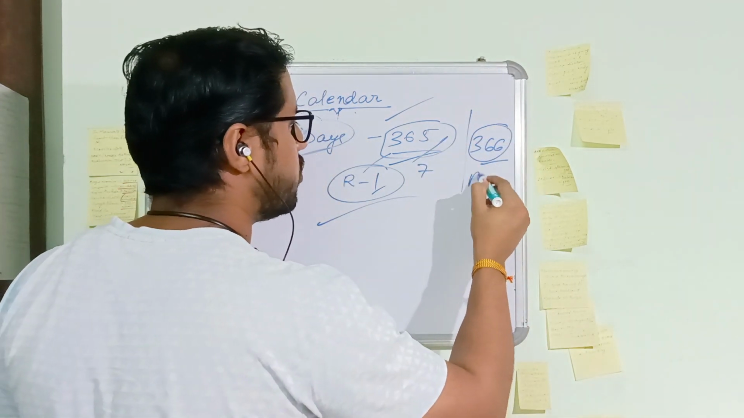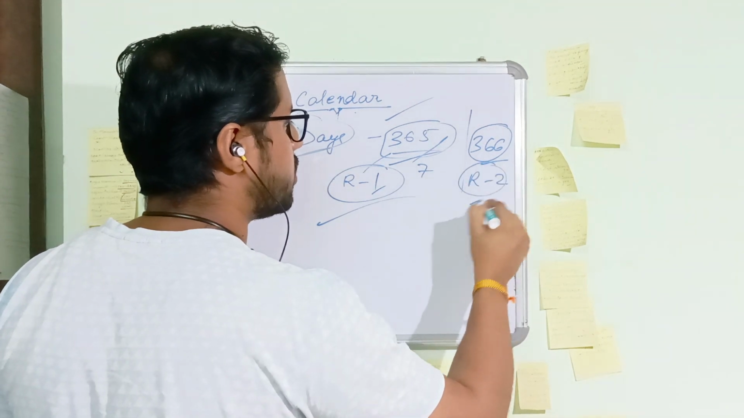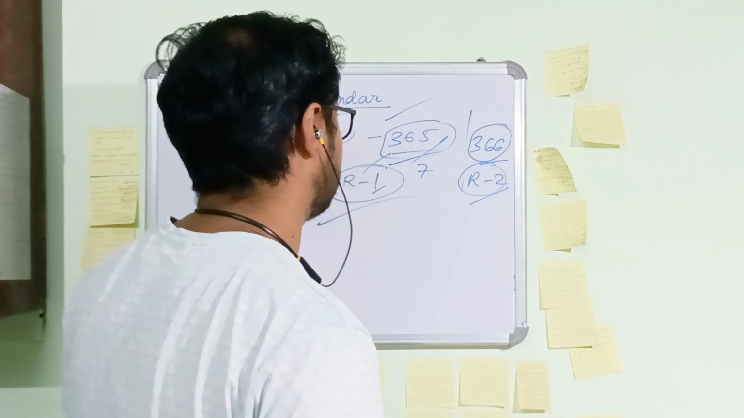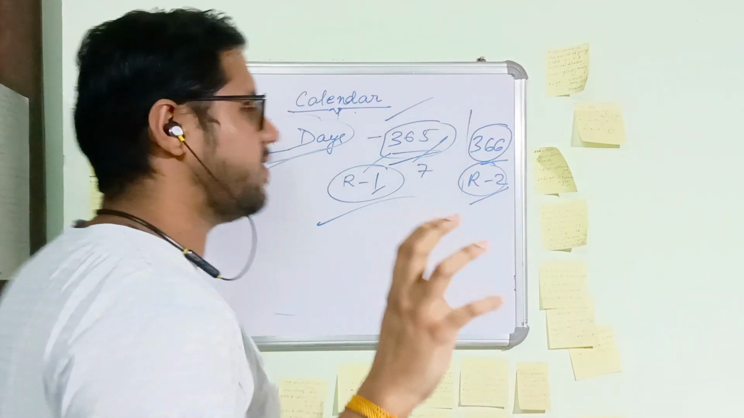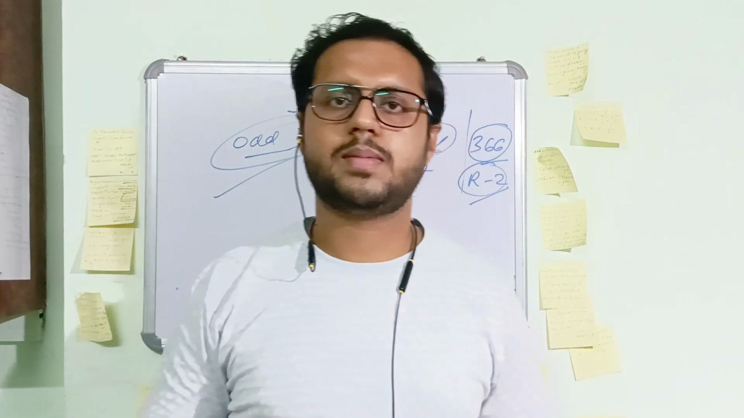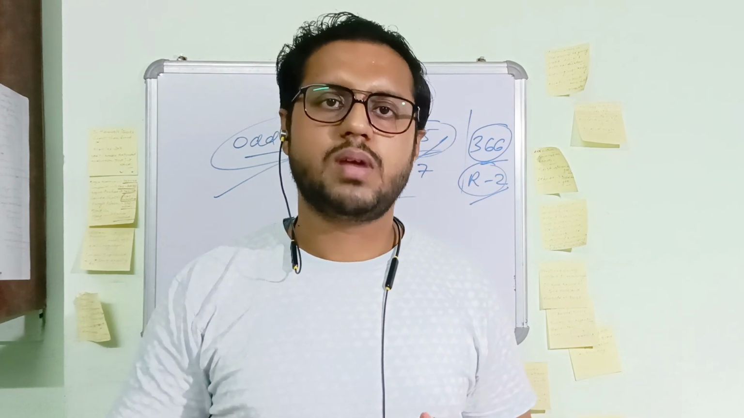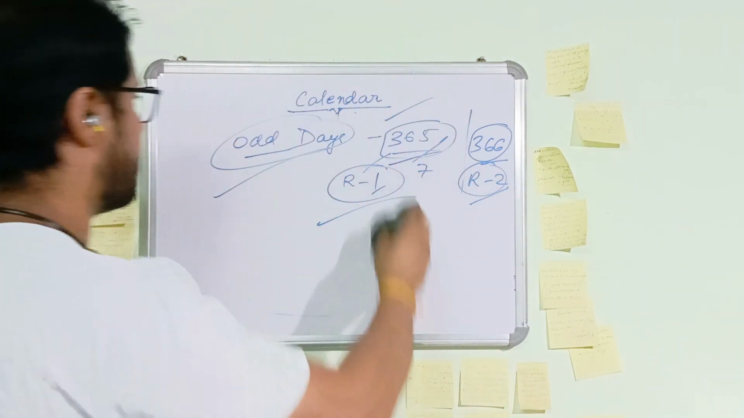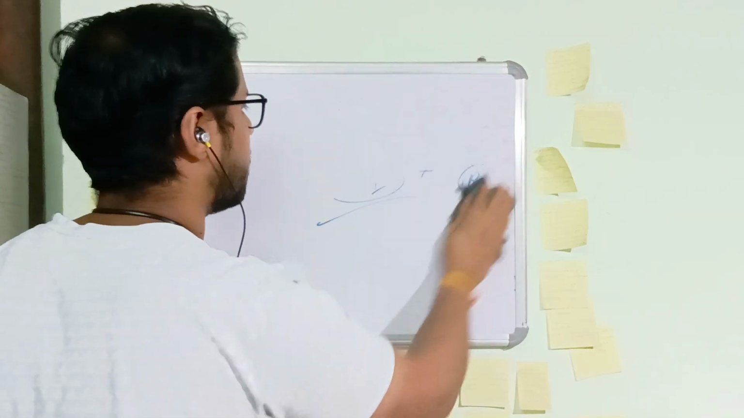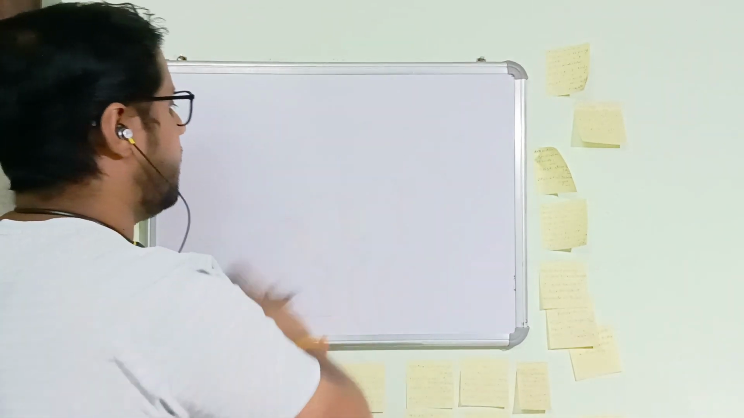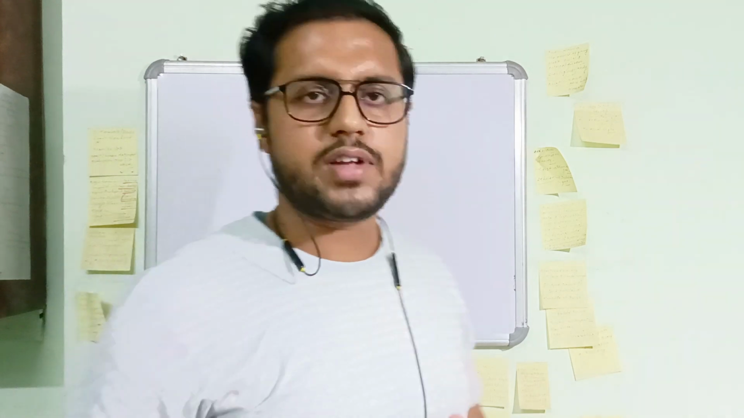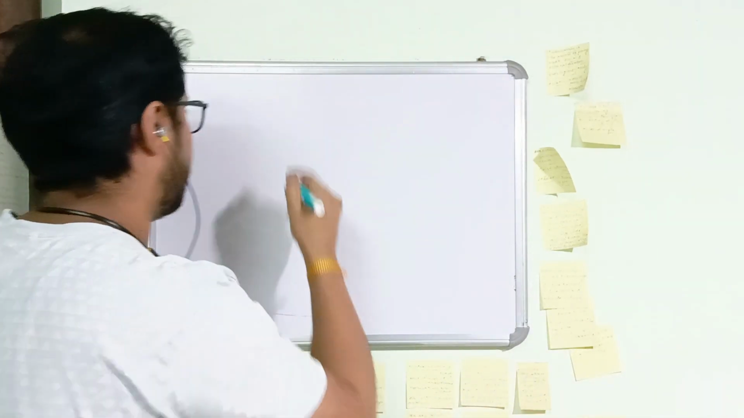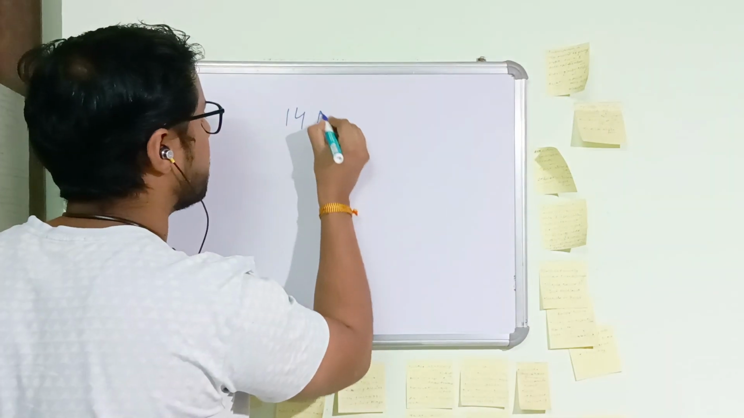And in the same way here, you will get remainder 2. So it means 2 odd days. So this is all about odd days in the calendar. Just divide a number by 7, and the remainder will be the odd days. Okay. And one more concept is left in the calendar. If you have some date like 14 May,